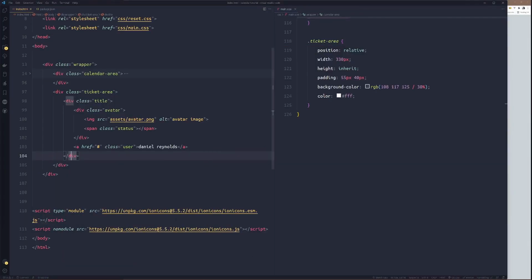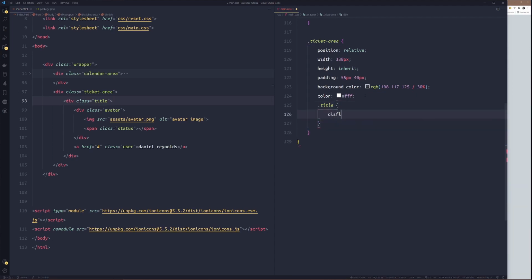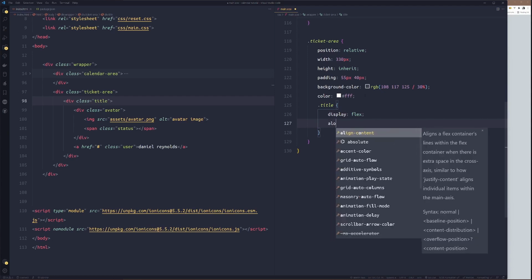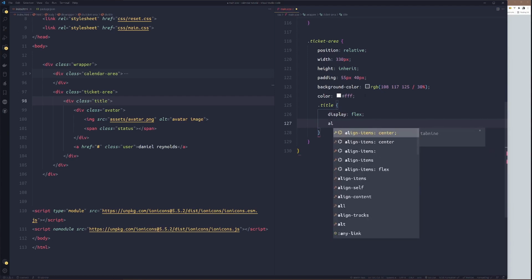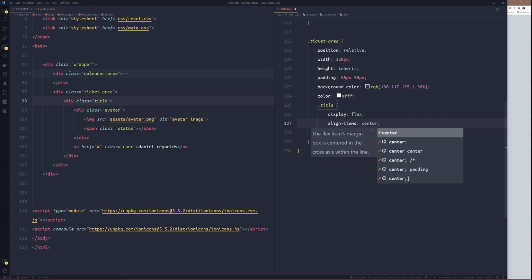Now, no, let's just style this one first. The title, the ticket area. For the title, set display to flex. Then we'll align the items to center.